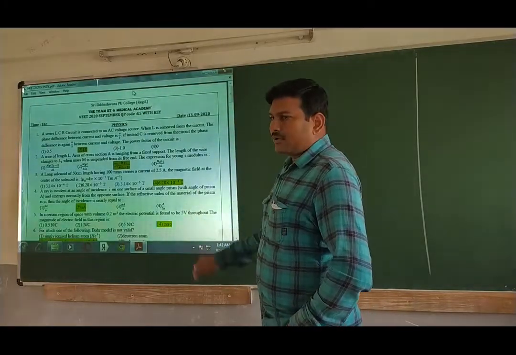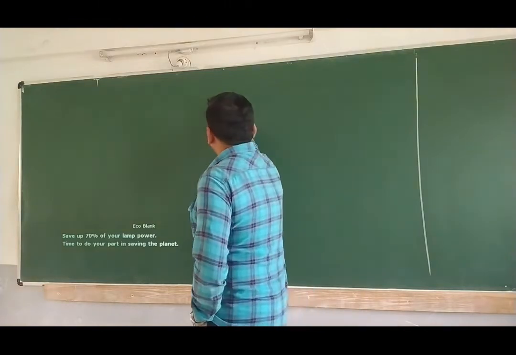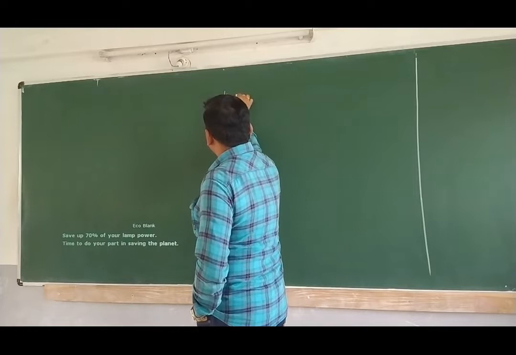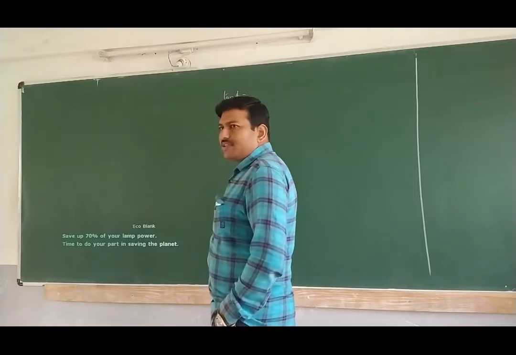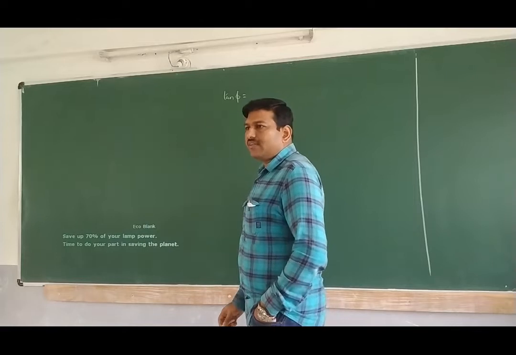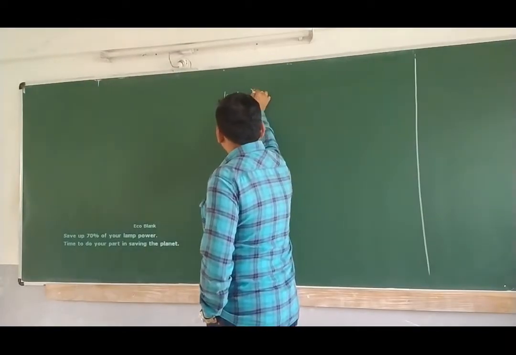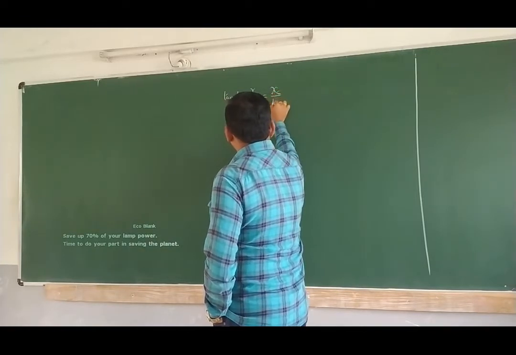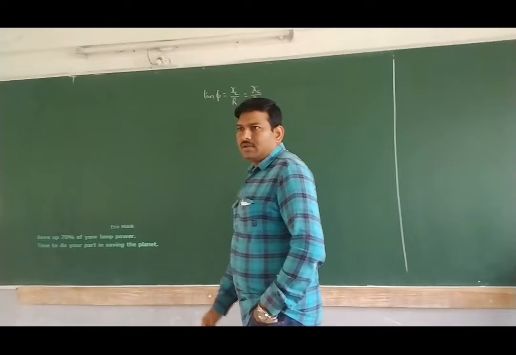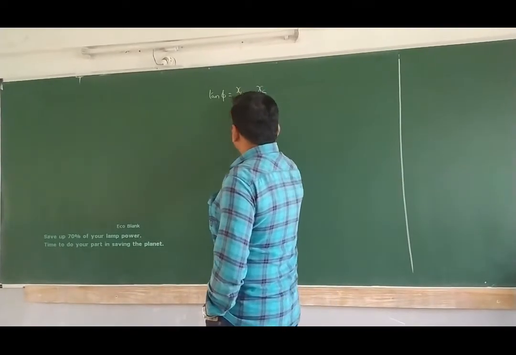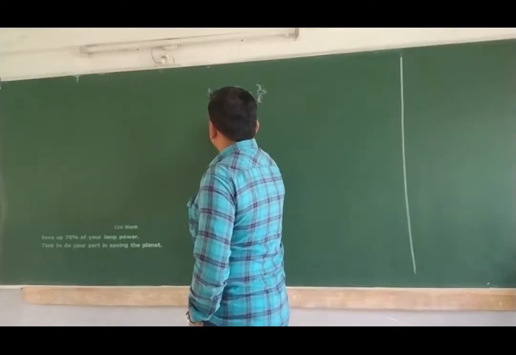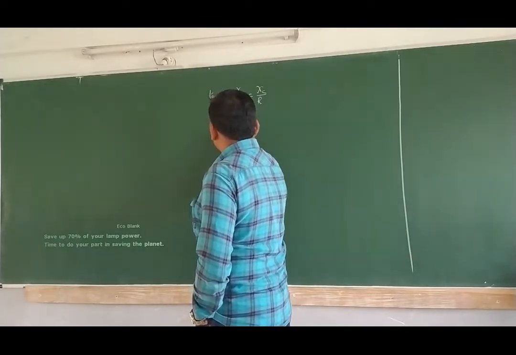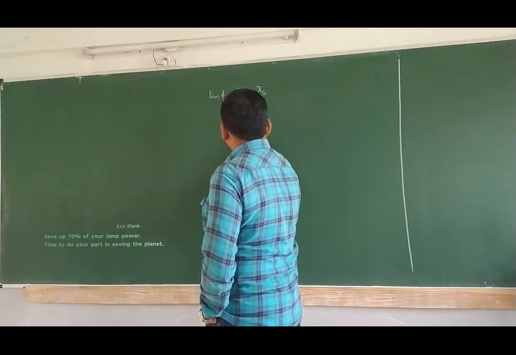Now you see here, they have given the LR circuit and the CR circuit. We know that tan phi is equal to what for the LR circuit? Tan phi is equal to chi L divided by R, and for the CR circuit it is chi C divided by R. Is it clear or not? So from this, they have given the first case, chi L by R. Chi L is nothing but omega L, divided by R. That is equal to tan phi.